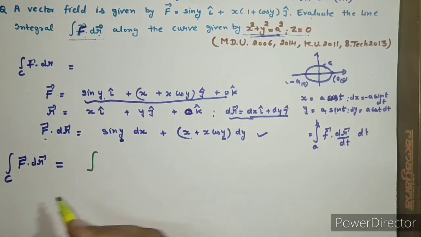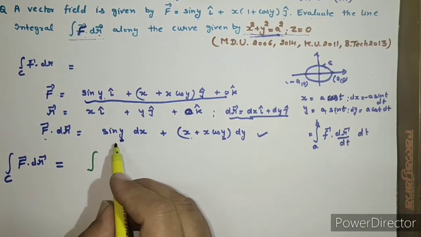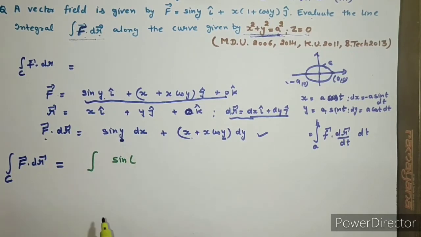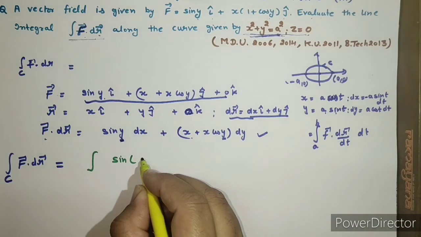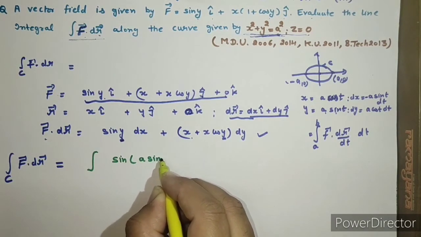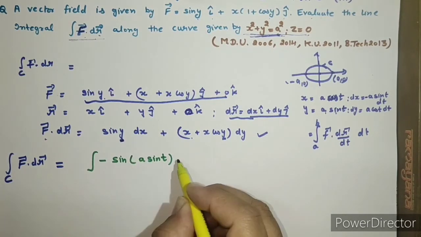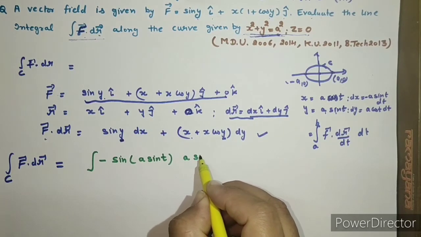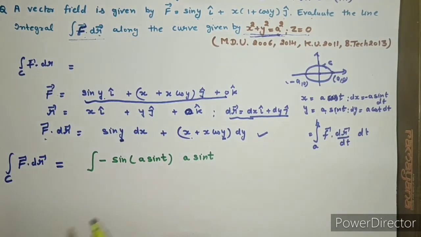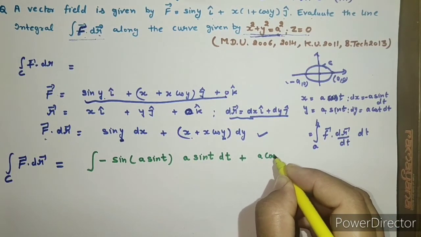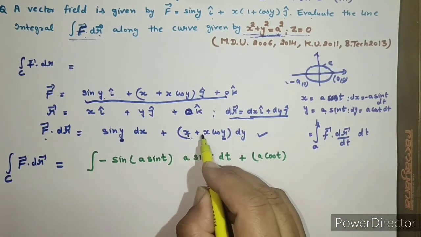I'm putting the values everywhere, ठीक है। या देखो क्या बनेगा, this is sin, value of y क्या है आपकी, that is a sin of t, dx क्या है आपका, minus a sin of t, and this is d of t. यहाँ x common है वैसे आपका, है ना, तो एक x common लेके उसकी value put कर दो, तो वो क्या है, a cos t, तो यहाँ क्या बचा, 1 plus,